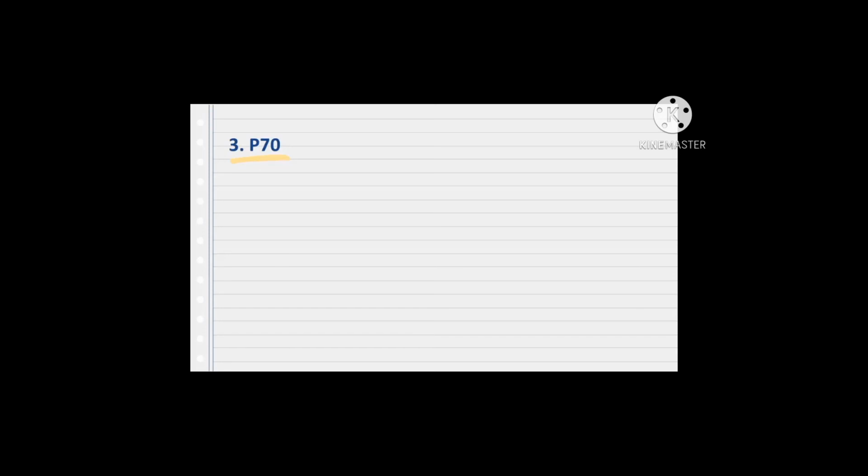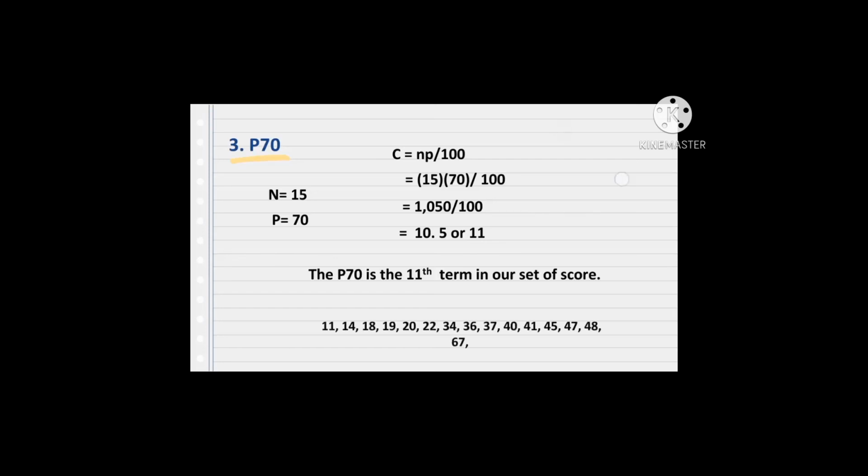The third one is finding the 70th percentile in our set of scores. We need to use the formula C = n times P over 100. n will always be 15 and P will be 70 since we are looking for the 70th percentile. Substitute the values: 15 times 70 is 1050. 1050 divided by 100 is 10.5. We will round it off and we will get 11. So the 70th percentile is in the 11th term or position in our set of scores,